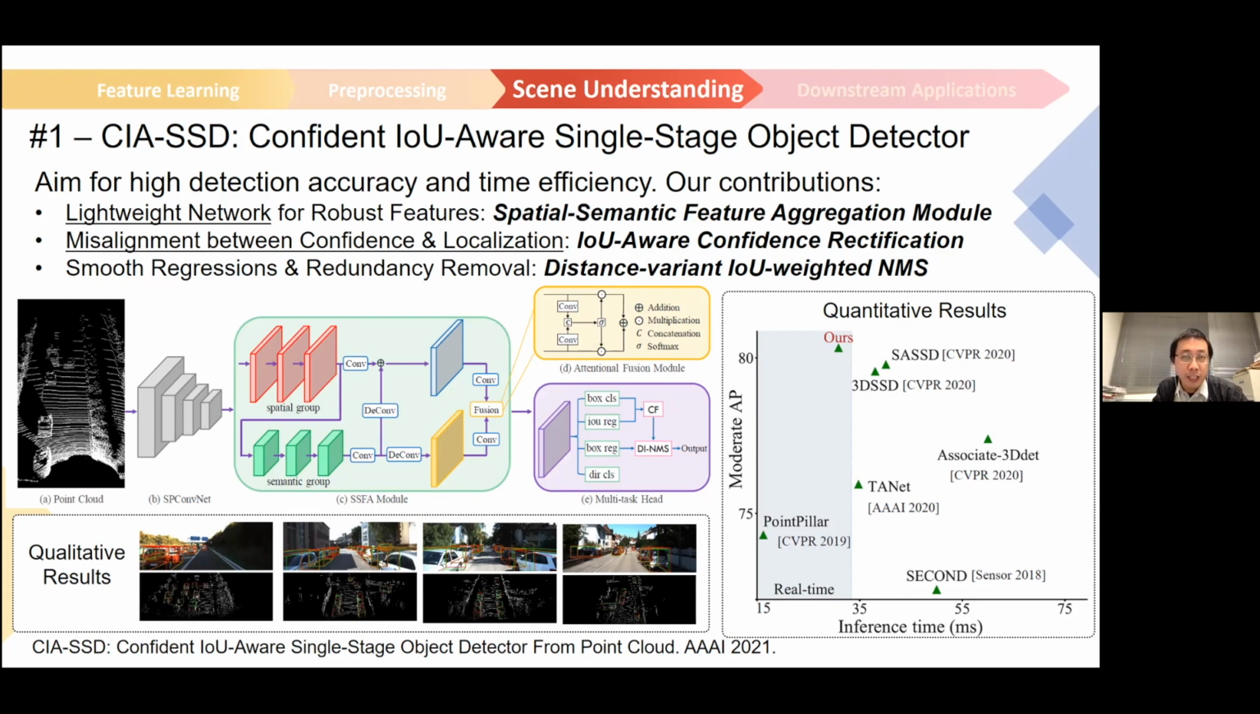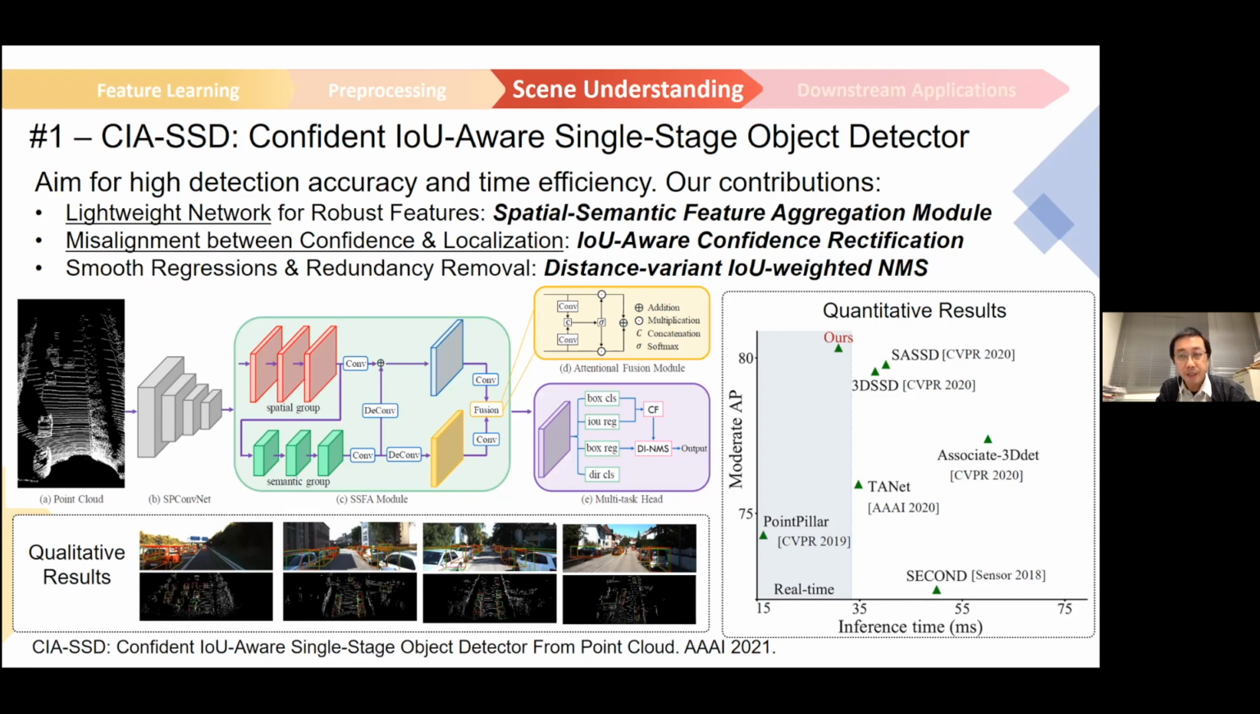If you look at the shaded area in this plot, you can also see that the shaded area helps to mark the methods that can run in real time. In our very first work, called CIA-SSD, where SSD stands for single stage object detector, we aim for both high speed and high precision. In this work, we first design a lightweight module to help us extract features. This module is called the Spatial Semantic Feature Aggregation module, to adaptively fuse high-level abstract semantic information and low-level